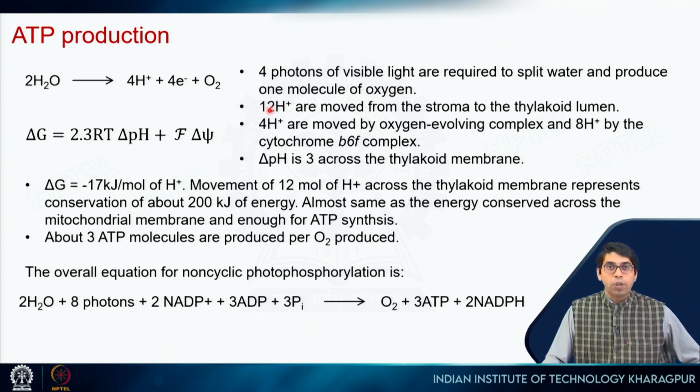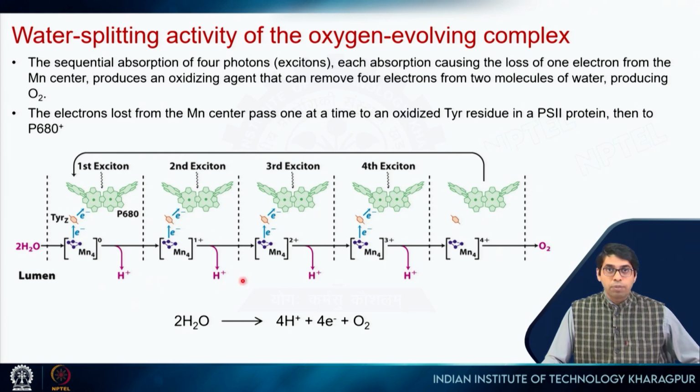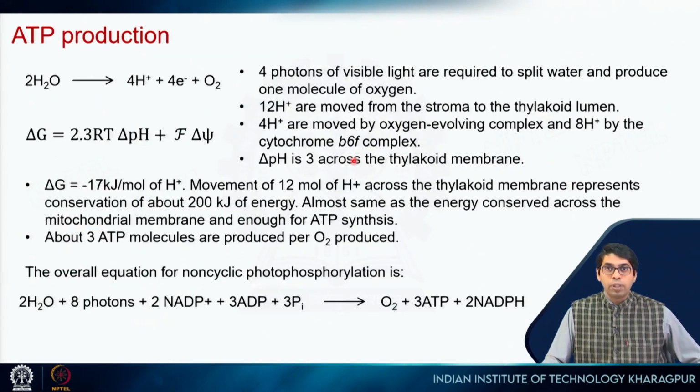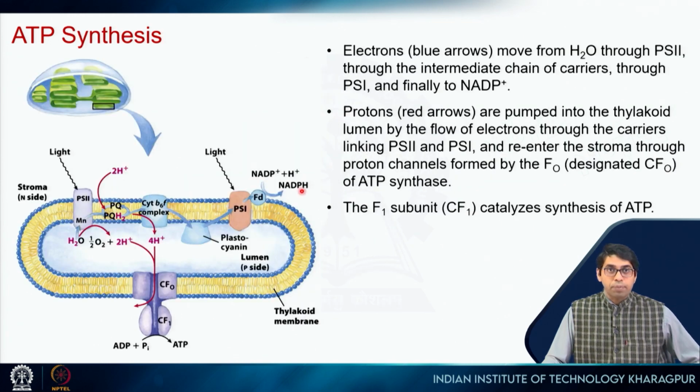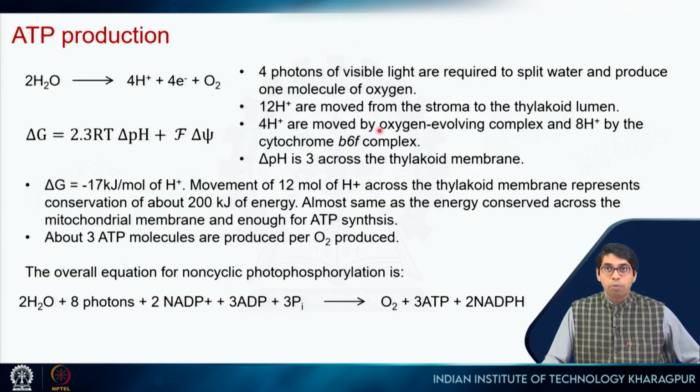It turns out that 12 hydrogen ions are moved from the stroma to the thylakoid lumen when this happens. 4 protons are moved by the oxygen evolving complex. We just saw that these are the 4 protons. And 8 protons are moved by the cytochrome B6F complex. So, in total 4 plus 8 is 12. So, 12 protons are moved when 4 photons of light are absorbed to split water producing 1 molecule of oxygen,